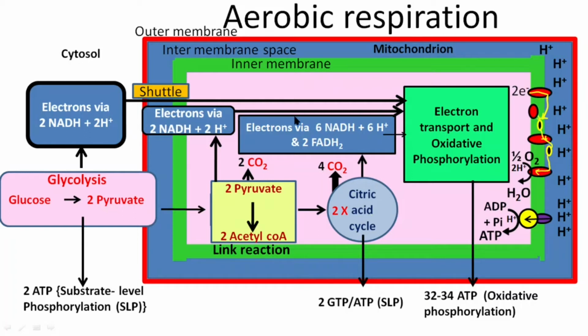Of these 10 NADH molecules, 2 are produced from the first step glycolysis, so they are produced in cytosol. Of the remaining 8, 2 from the process link reaction and 6 from citric acid cycle. I told you only 2 FADH2 molecules are produced, and these 2 are produced only from the third step citric acid cycle. Now, these reduced coenzymes have to transfer the electron that they have accepted to electron transport chain.